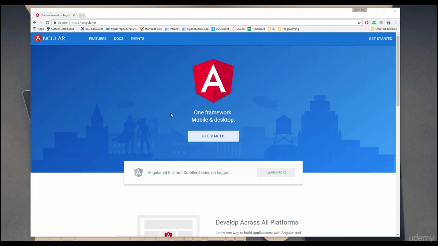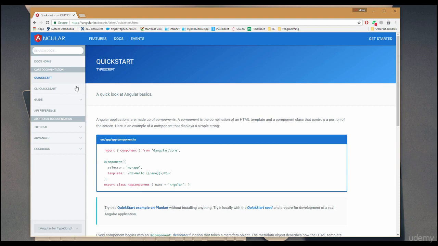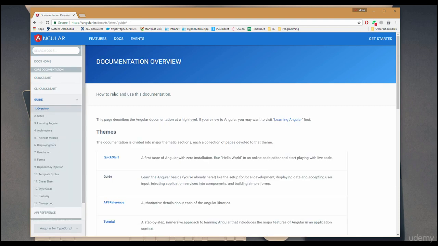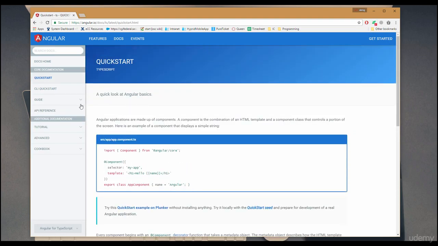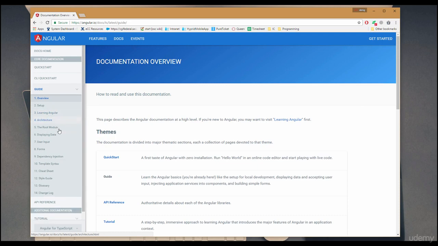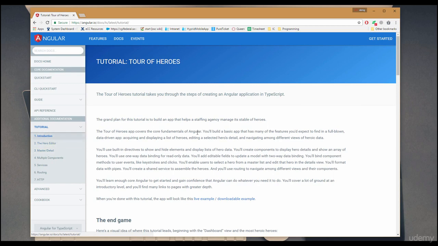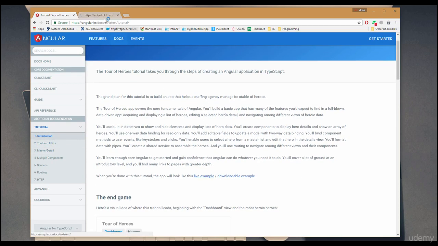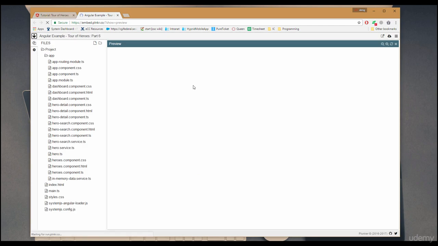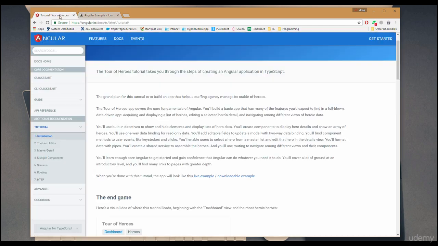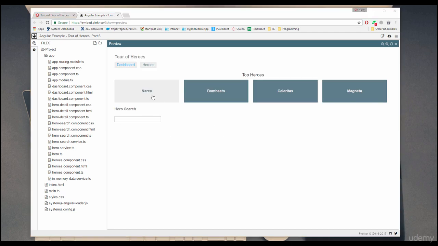If you're not familiar with Angular 2, that's okay. You can browse through the quick start guide to get a feeling for what Angular 2 looks like, and then there's a guide to develop some basic tutorials like this hero editor, and we can browse a live example. By the time you finish this tutorial, you should pretty much get what you need for this course in terms of the Angular 2 part. Okay,